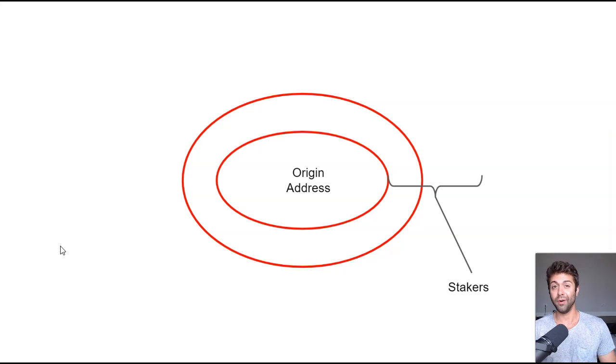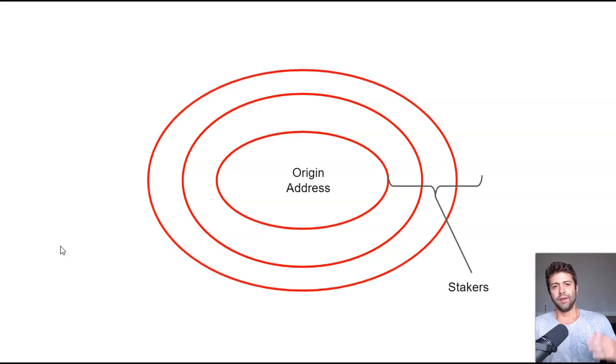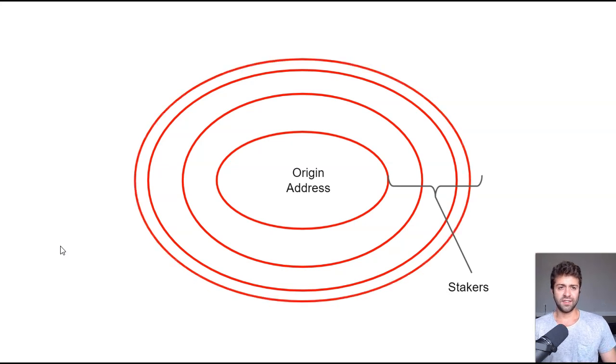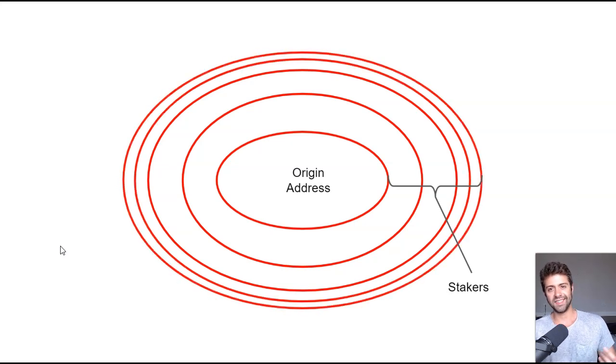So the middle circle is the OA, and the outer concentric circle is like retail, all the stakers. And every year after that, the stakers get more and more of the inflation, and the origin address keeps diluting itself. So now look, as a percentage of the outer circle, as opposed to the inner circle, it now seems that the origin address only owns less of a percentage, right? And this is a visual example. But let's say after year 2, the OA, instead of owning 80%, only owns 70%. And maybe after year 3, they own about 65%. Maybe after year 4, about 60%.